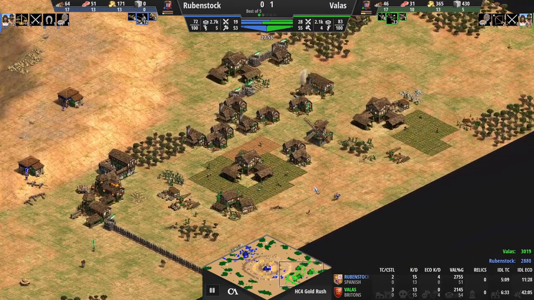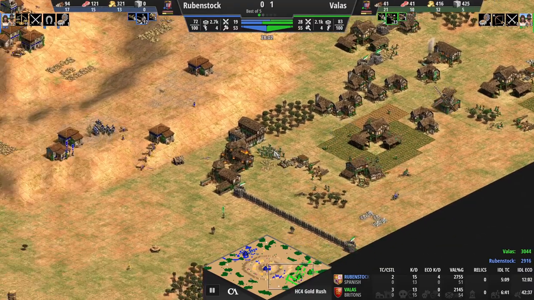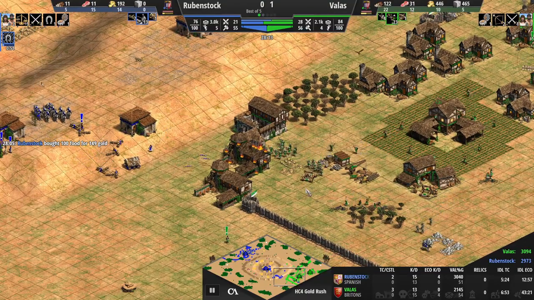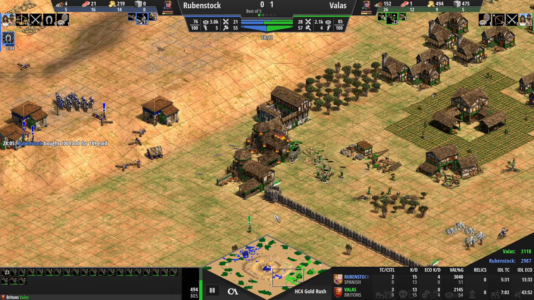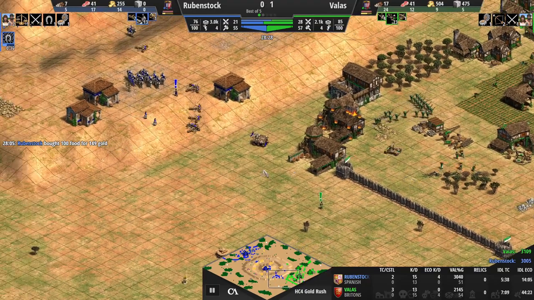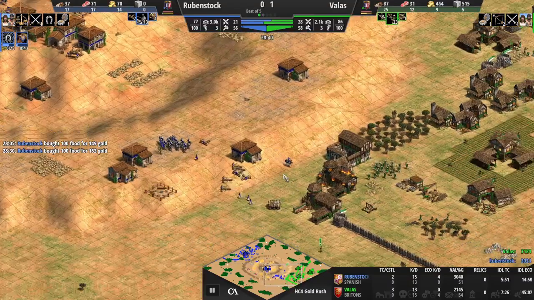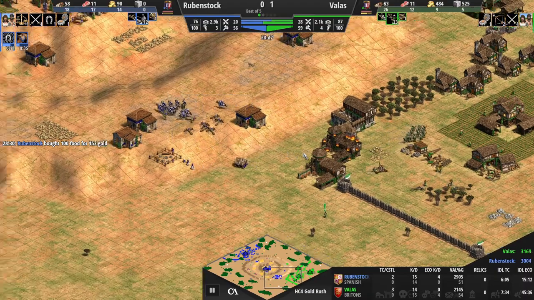He has put out 1 mangonel, otherwise he's just holding tight and only booming with little to no military production. He is relying on his existing military of 23 crossbowmen and this 1 new fresh mangonel, while Rubenstock is still pushing out, still having sustained production from the stable, now getting bloodlines. Valas will temporarily be pushing Rubenstock's force back,